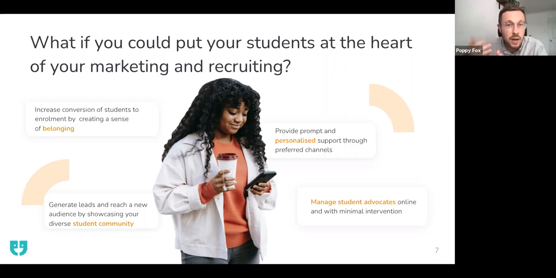We're allowing them to provide a prompt and personalized service to large groups of prospective students at scale. We see a pronounced increase in the conversion of leads to application and the conversion of applicants to enrollment. And this is also a tool, as you'll see in a moment, that allows you to develop a much better understanding of the target markets that you're working in.